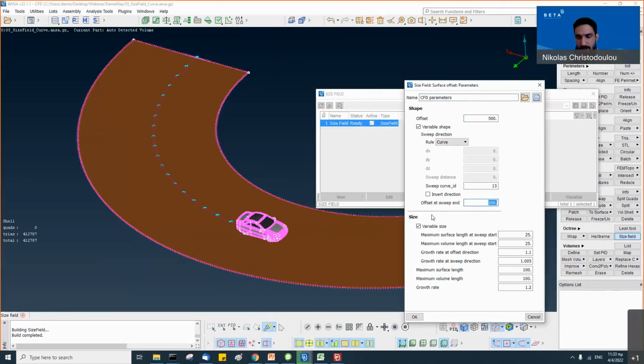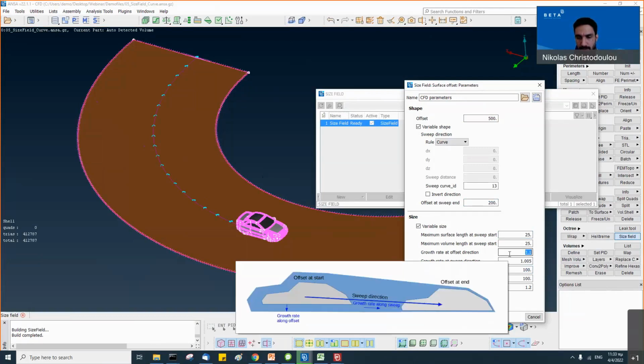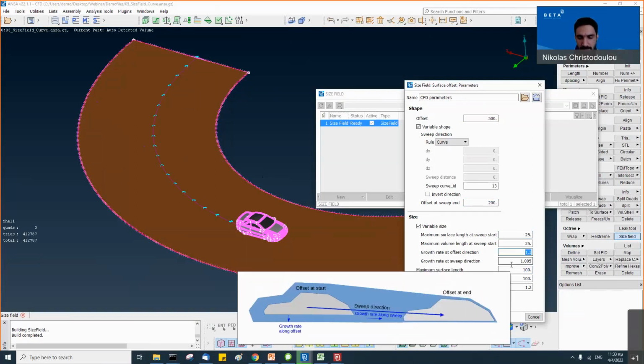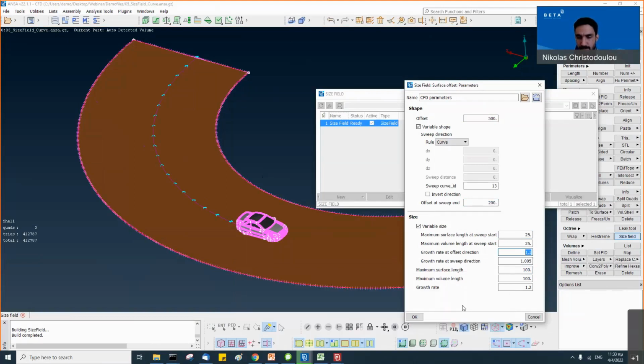You can define a variable size of refinement. So at the sweep start, the maximum surface length is 25, but at the end, the maximum surface length grows to 100. And you have a different growth rate at the offset direction and at the sweep direction. The same applies for volume mesh, of course.